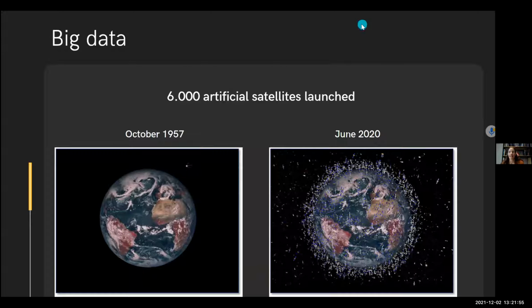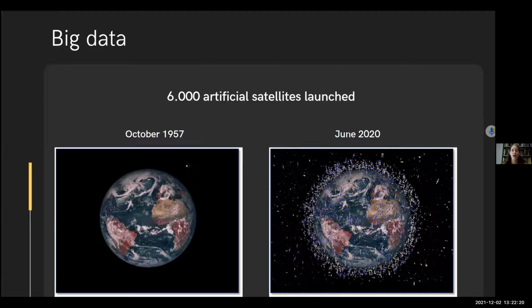Okay, and why now? Why this didn't appear 20 years ago or 10 years ago? And I think there are two reasons. One is big data, and the second that we also talk a bit is the temporality of this data, but it's also related with big data.